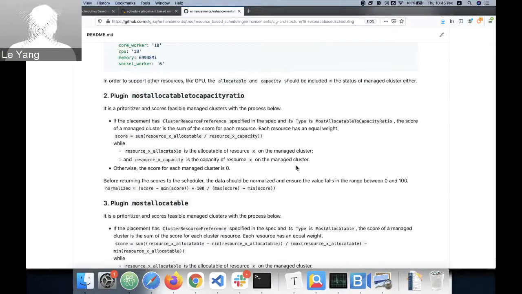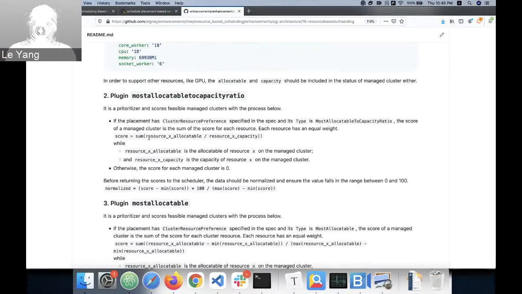If the cluster resource preference type is specified, and the value is most allocatable to capacity ratio, we will have a formula to calculate the score of a managed cluster. It will sum